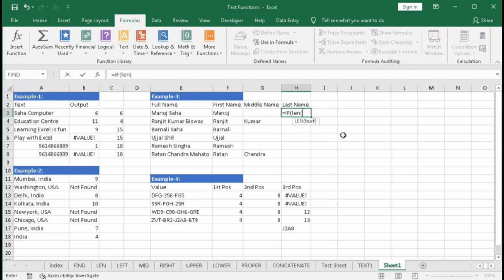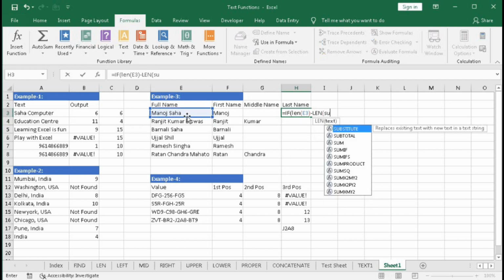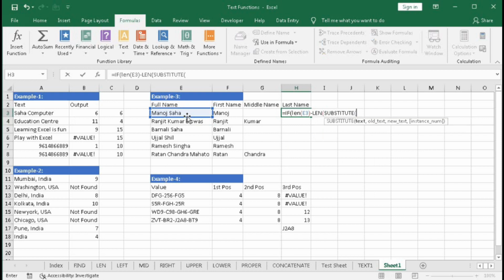LEN bracket open this cell minus LEN, then we will remove the spaces from this text with the help of SUBSTITUTE. Substitute text is this one, comma, old text is space, comma, new text is blank.